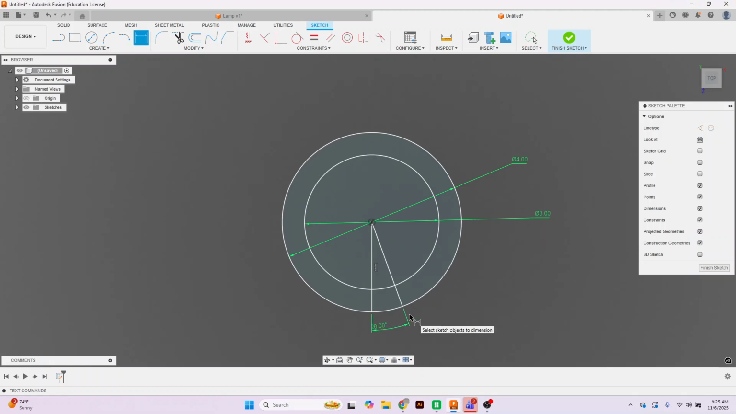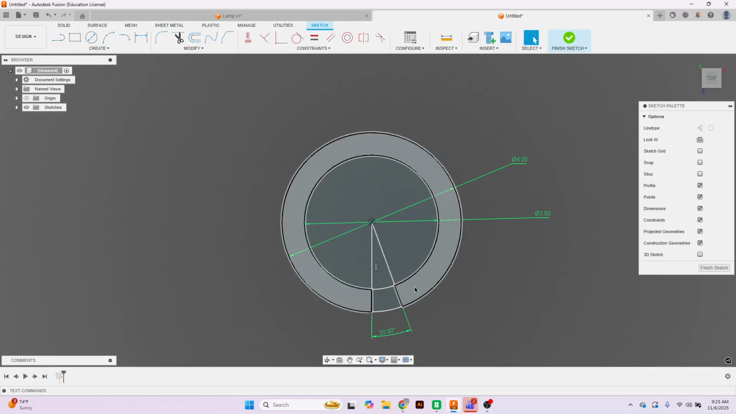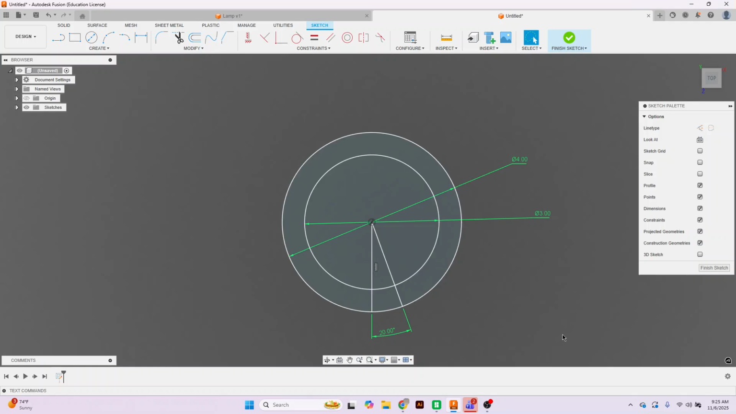And I'll do that one more time. Whenever you're working with angles, you click on the dimension of the two lines in which you want the angle to be from. So if I want it to be 45 degrees, or I can go back and edit it and with 20 degrees. Now that I kind of got my base, I'm going to finish sketch,